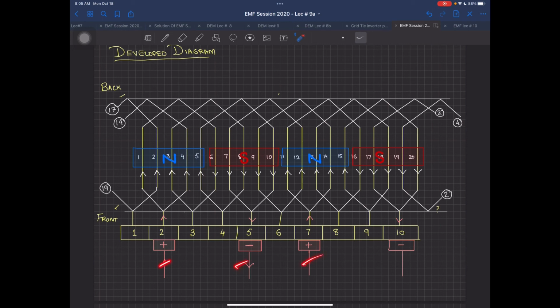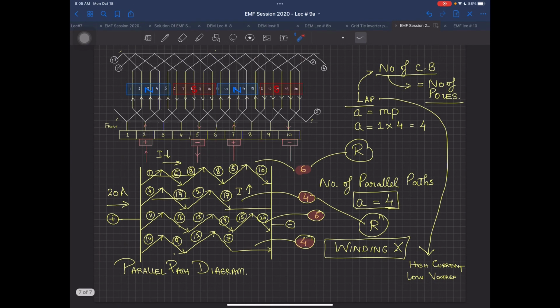So you have these carbon brushes. Now by seeing these carbon brushes, you can easily get an idea that they are not equally spaced. So you are getting an idea that there is going to be some problem. But just as a check, you will draw the parallel path diagram, and this easily tells you that here there are 6 conductors, coil sides, here there are 2 coil sides, or 4 coil sides over there. So there is a mismatch over there. If a winding has to be legible and you can do that winding, you have to go up to the parallel path diagram to check whether your winding is doable or not.